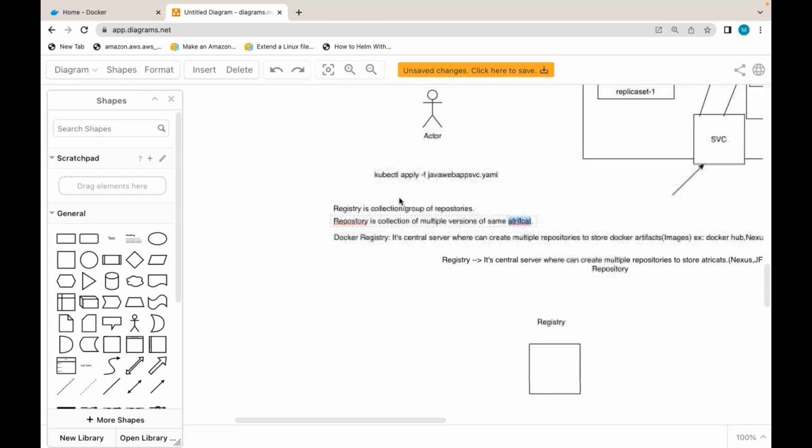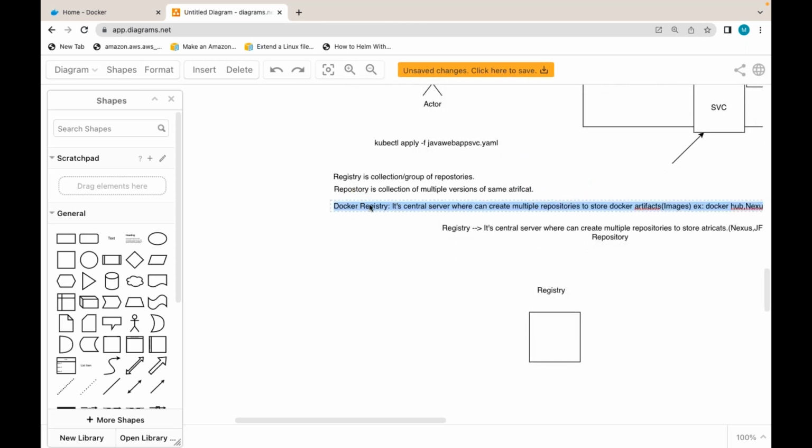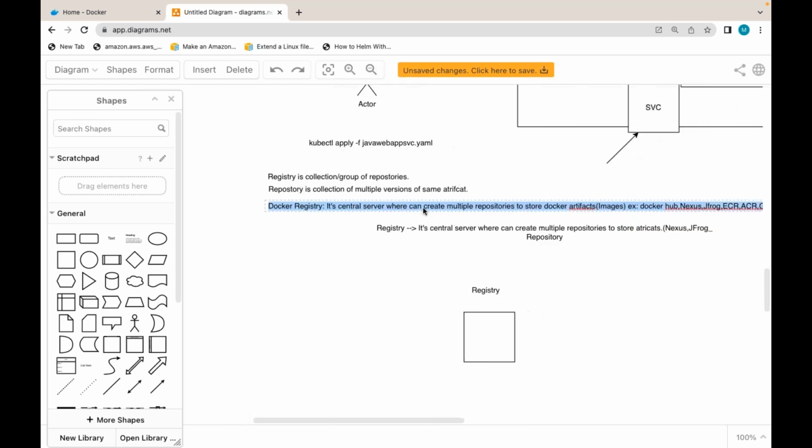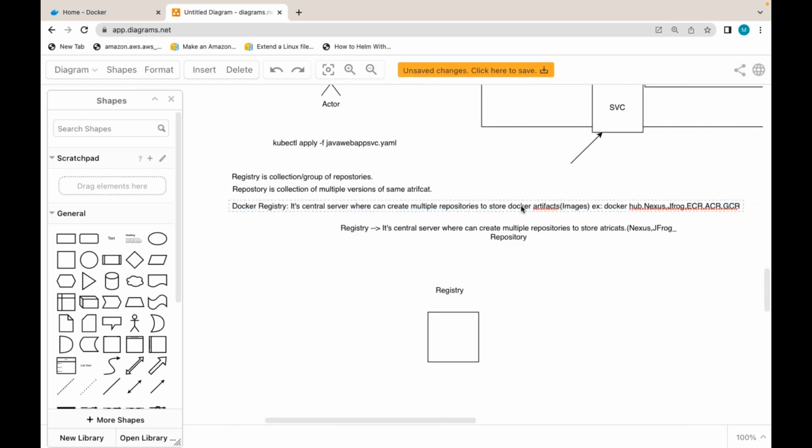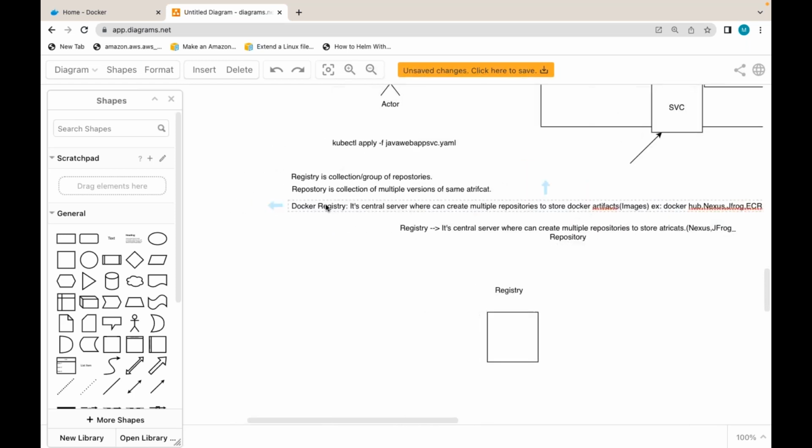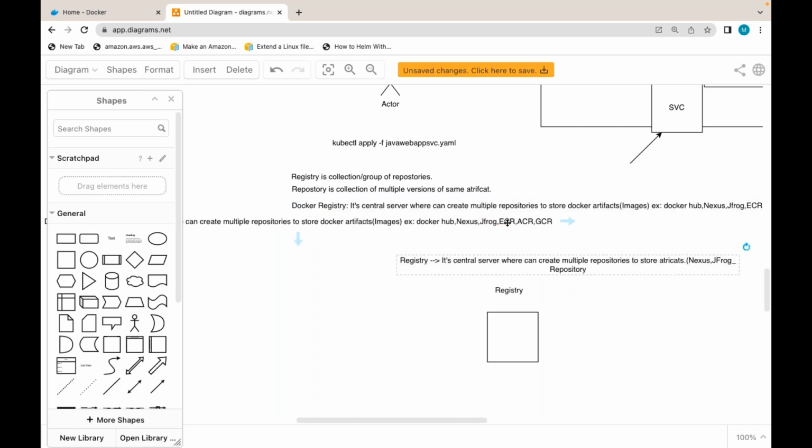Similarly, what is a Docker repository? A Docker registry is a central server where we can create multiple repositories to store Docker images. Similarly, what is a Docker repository here? Can I call this a collection of multiple versions of the same image? Same Docker image, different versions.